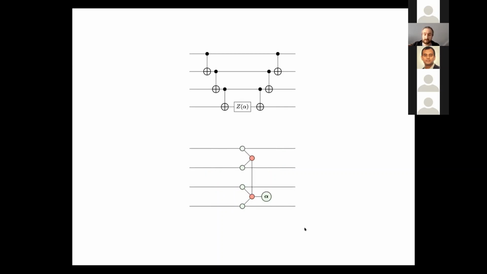But because in the ZX language I have different equational rules, I can simplify this. And I can do a bunch of transformations. And now I have what I call a gadget. This one is a phase gadget. So this is a large multi-qubit operation, which is applying to all four things, but it's equivalent to the subcircuit above.